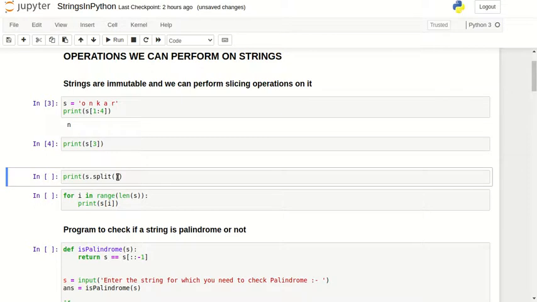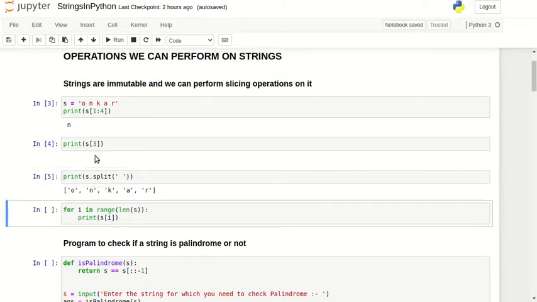Now when we split with space, this code will split our string and return a list with each and every character which has a space in between. Now see, we have a space between each and every character, so we have all the characters separated.